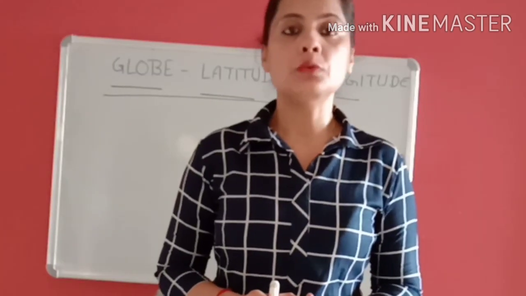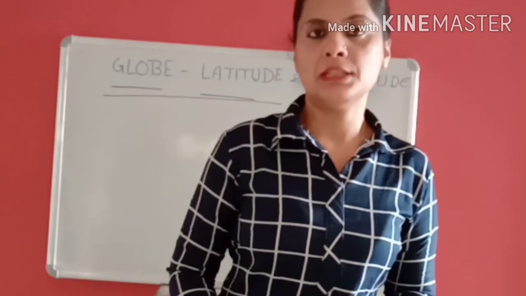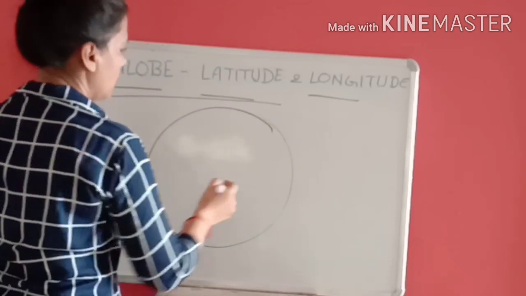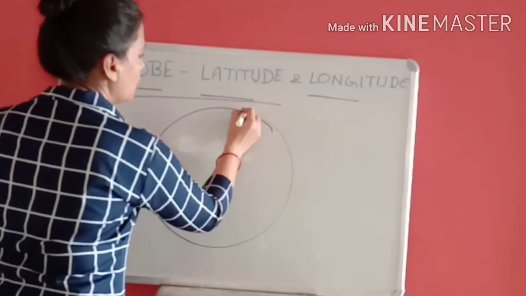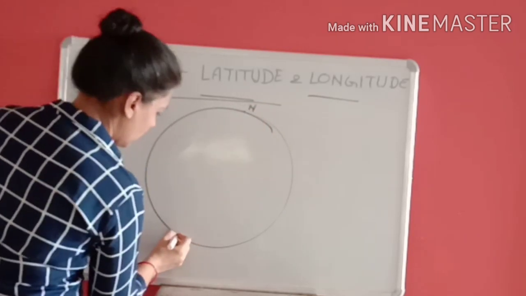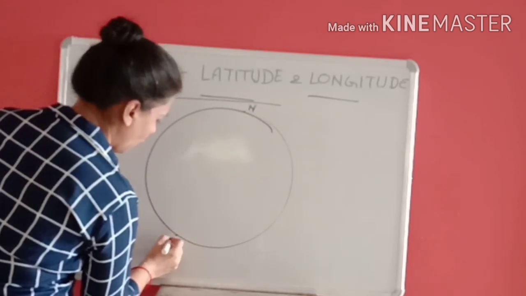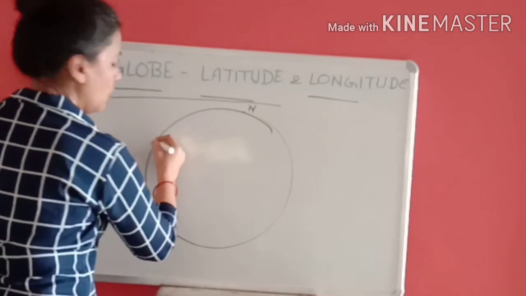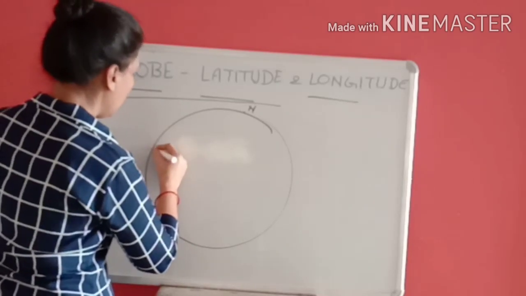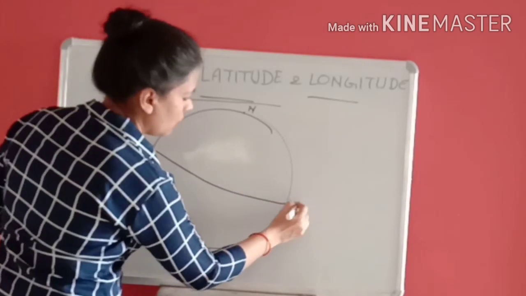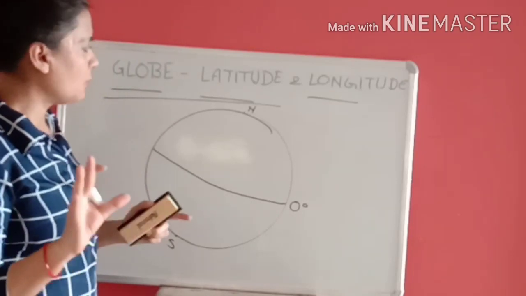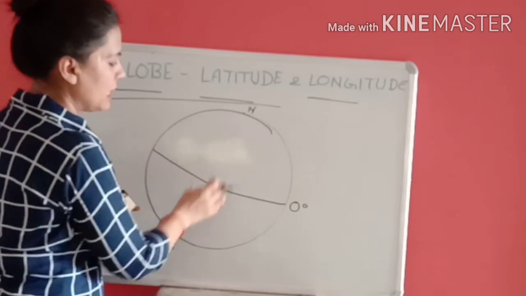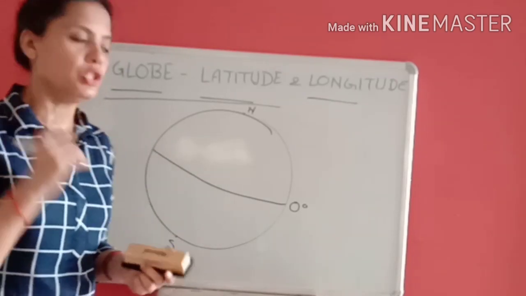How are latitude and longitudes measured? First we will talk about latitude. See, suppose this is earth's surface and I told you earlier this is north pole, this is south pole. These are the 2 poles on the earth's surface. These are the reference points, 2 important reference points. Then comes equator, 0 degree latitude. So with the help of this, we can find out Earth is divided into two equal halves, northern hemisphere and southern hemisphere.